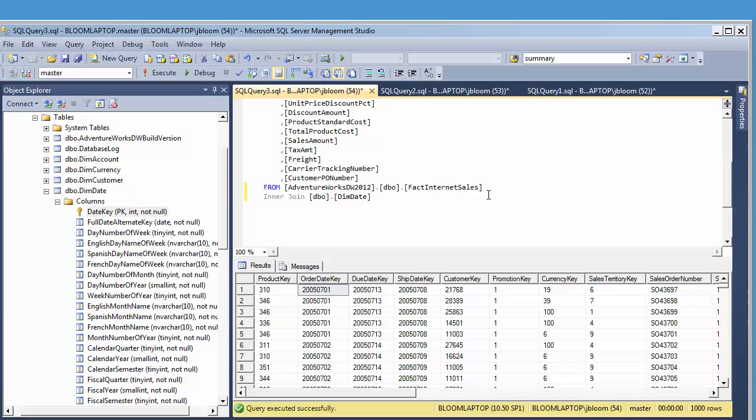I would say that's 90% of the code that I write. There's also cross join and right join, and there's a whole bunch of others, but I predominantly use the inner join and the left join. And what it means is an inner join will return a result set where the keys that you're joining on